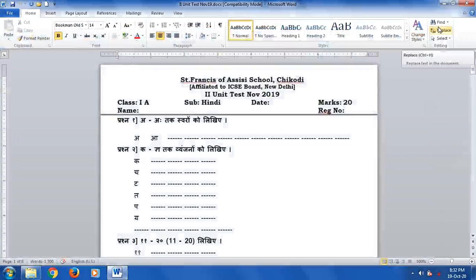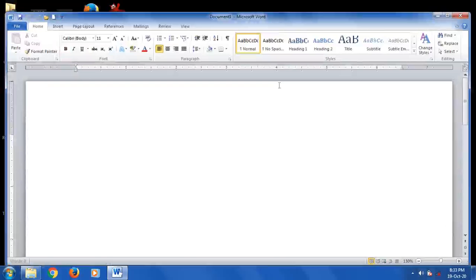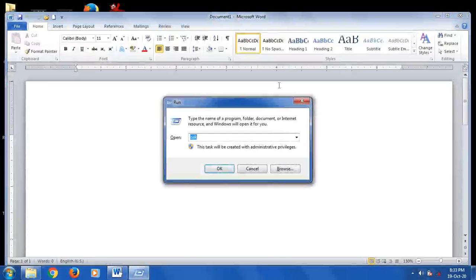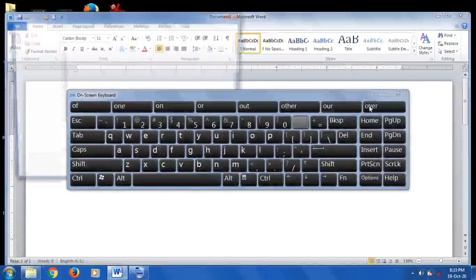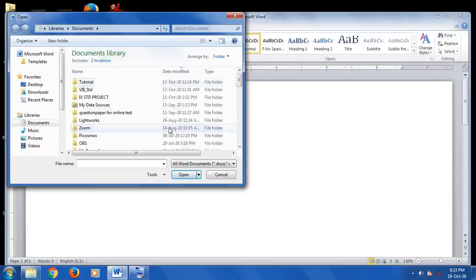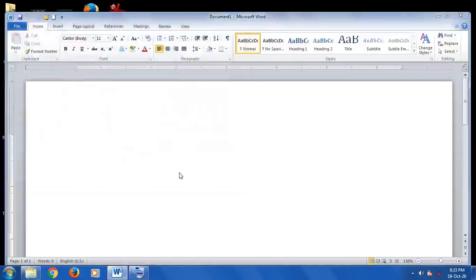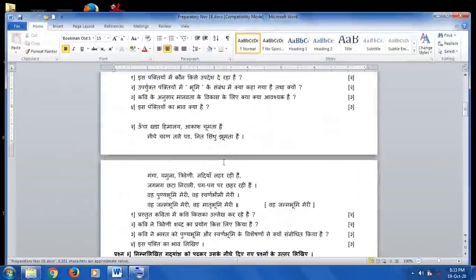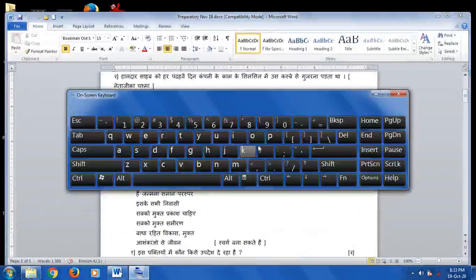So in this way you can open existing files, and the shortcut key to open an existing file is Ctrl plus O. On the keyboard, when you press Ctrl and O, you will get the Open dialog box. In this Open dialog box, just choose a file, then click on the Open button, and the file opens. So in this way you can use the shortcut key also. The shortcut key to open a file is Ctrl O.